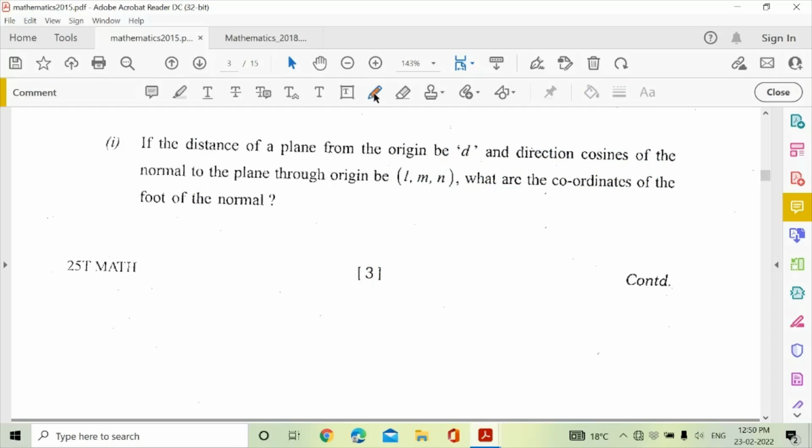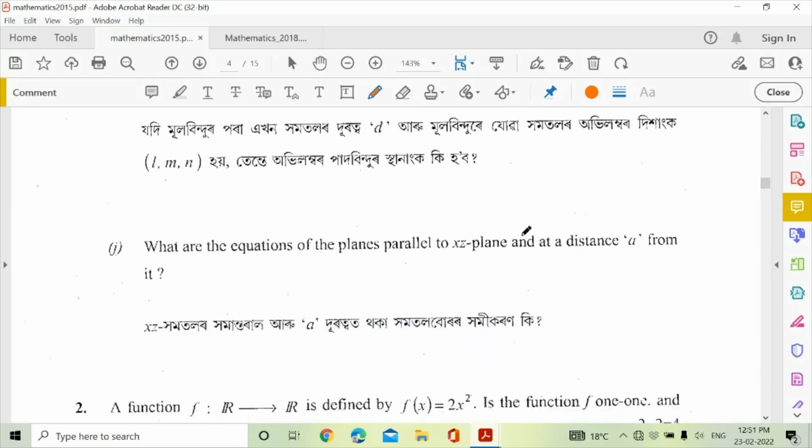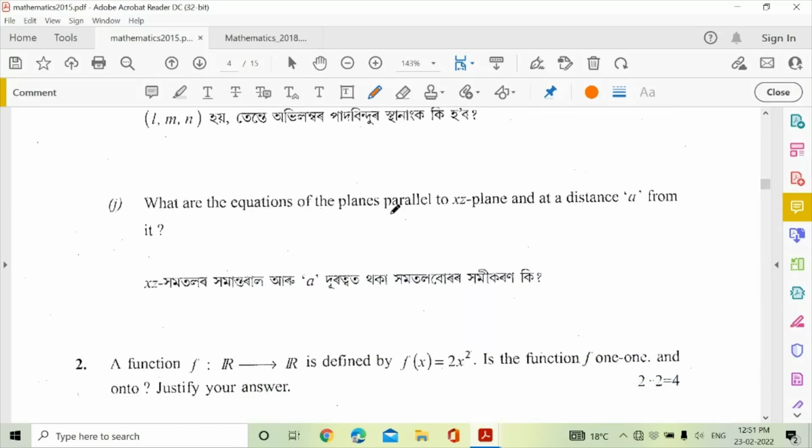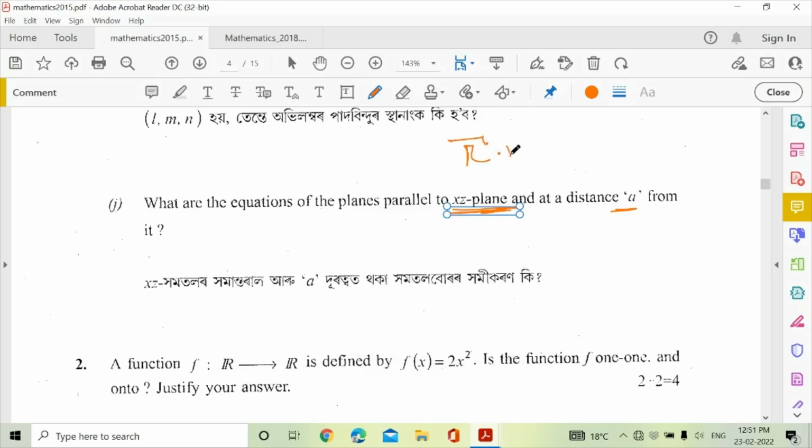So what is the answer then? ld, md, nd. Finished. Okay, next one, a very simple question. I have already told that whenever you want to find the equation of the plane parallel to the xz plane at a distance a, listen: the equation of a plane is generally known to you, r vector dot n vector is equal to d, or r vector dot n cap is equal to d, where d is the perpendicular distance of the plane from